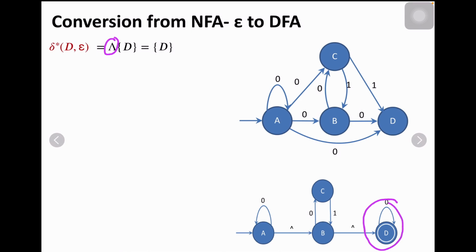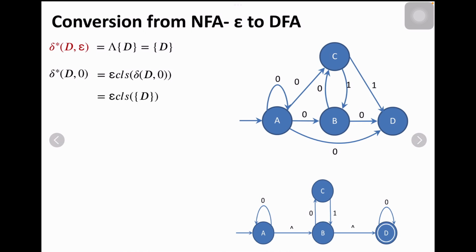Then D on transition, other inputs are also there, 0 and 1, you can take those transitions. D on 0, it will go to E-closure of D on 0, that is D itself. So D on 0, it will go to D itself. So D on 1,